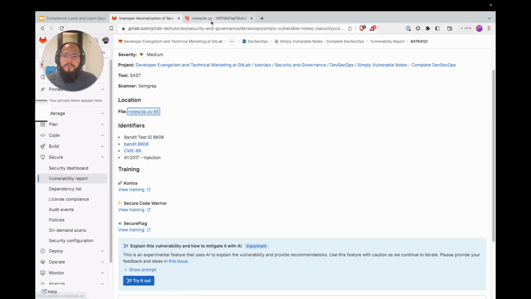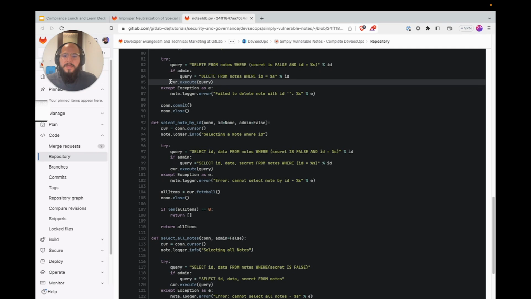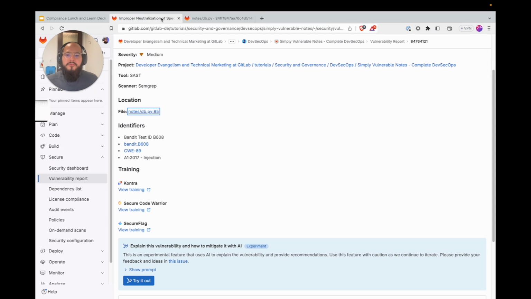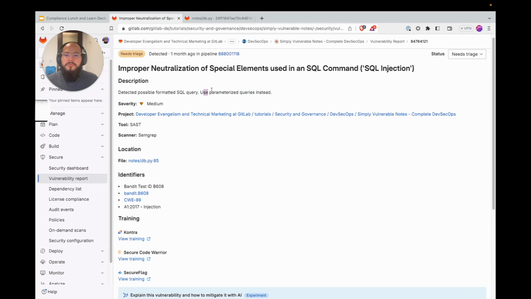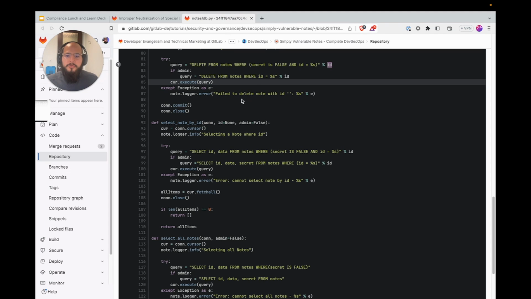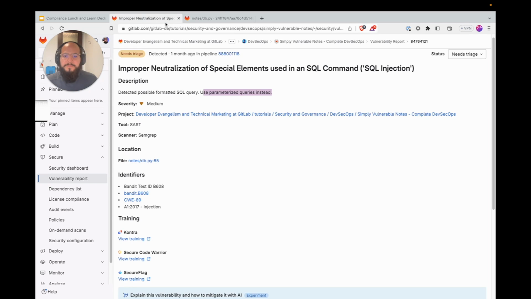I can see the line of code where it's present. So you can see that this is where it's happening, where this query is, and understanding a SQL injection, it's telling me that I need to use a parameterized query here, because this is what's causing additional data to be passed in as the ID. What I need to do is use parameterized queries, and what that will do is allow a function not to be passed in as the ID. It'll clean out all the SQL commands and only pass in the variable.